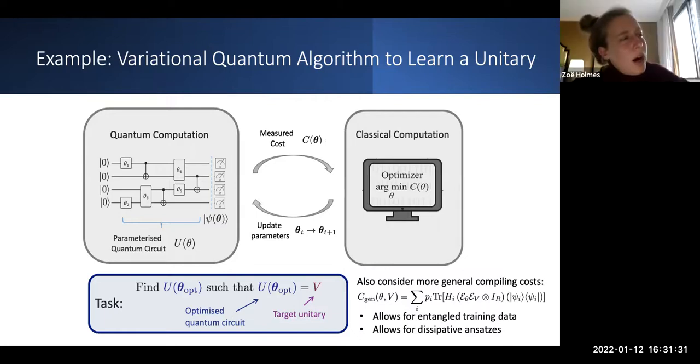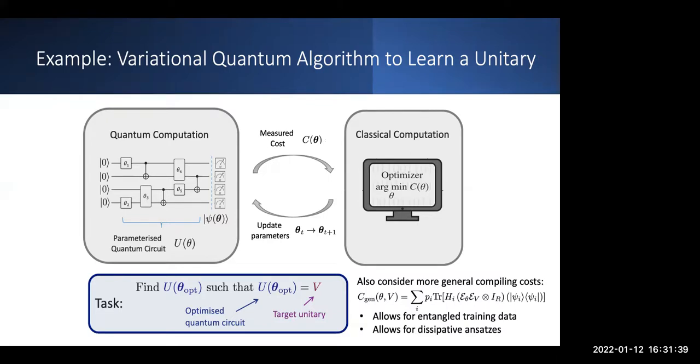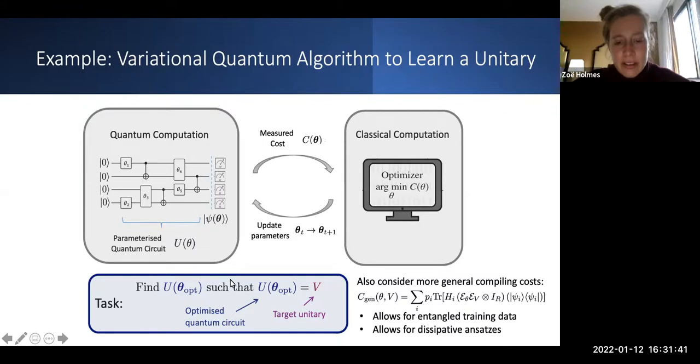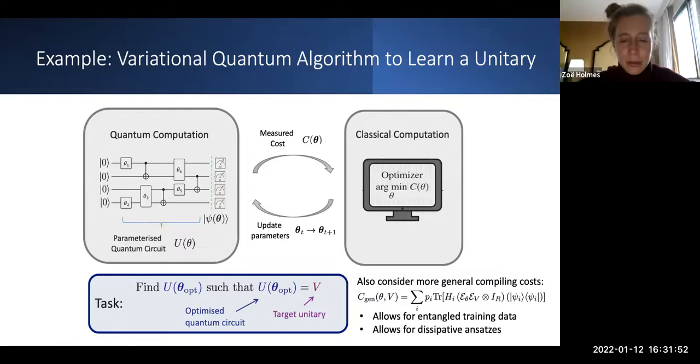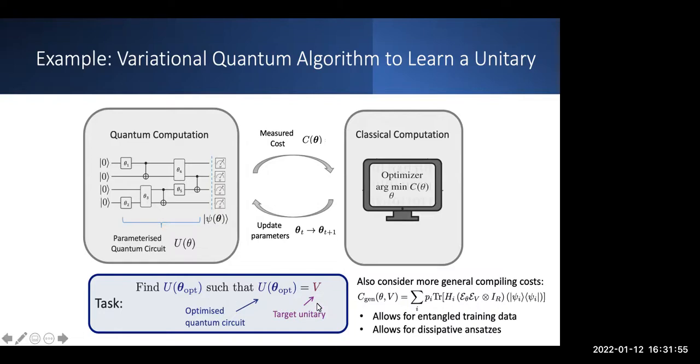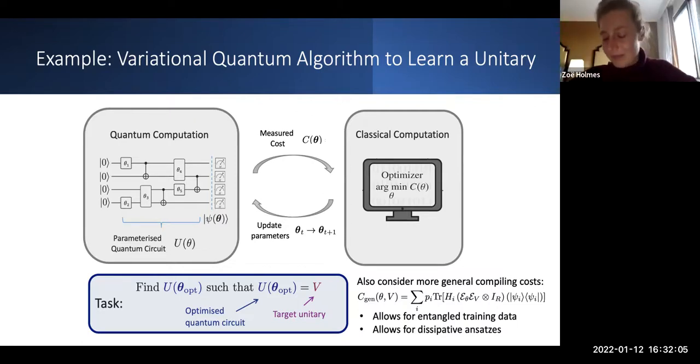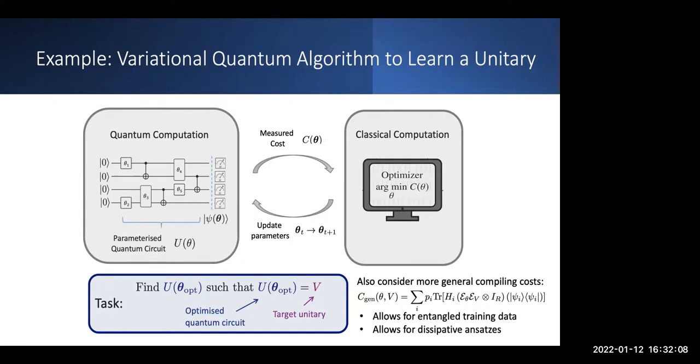But then how are you, so you're not implementing it on a quantum computer? Well, that's a good question. What you're suggesting wouldn't fall into this framework. So this task of trying to find U of theta opt, so that U of theta opt equals V. It sounds to me like process tomography, but maybe I'm not fully understanding. Yeah, maybe I'll change it slightly, where what I'm describing is the Hamiltonian. And you would do Hamiltonian simulation to implement the unitary.